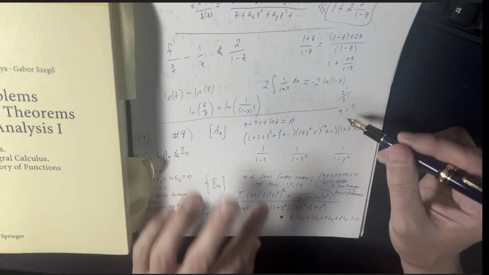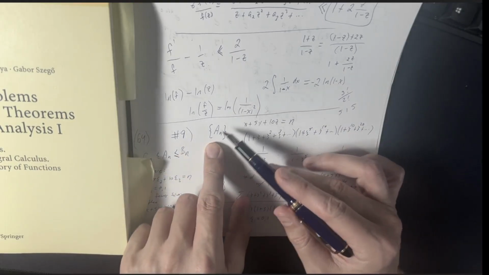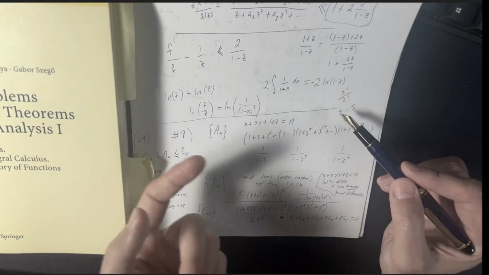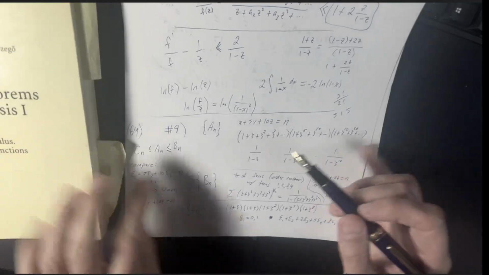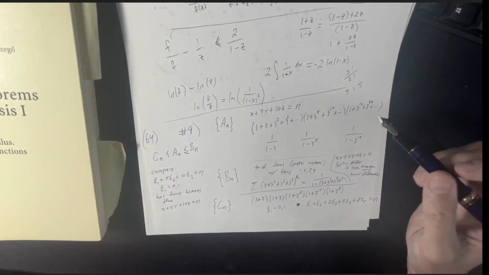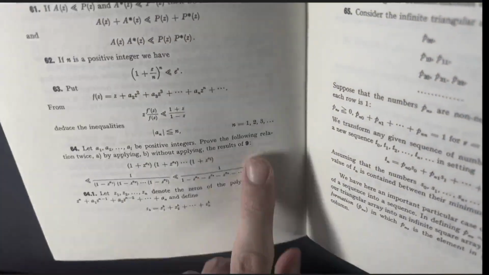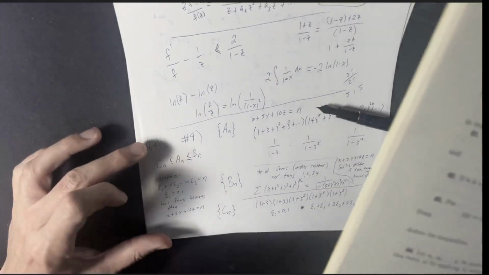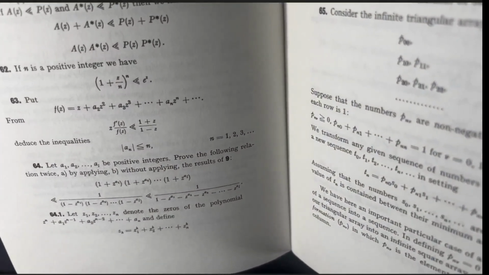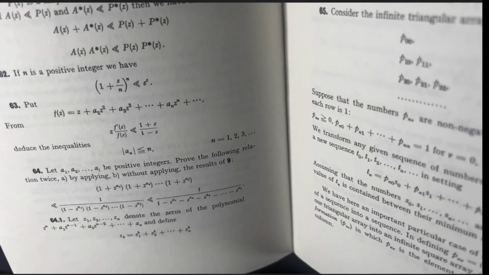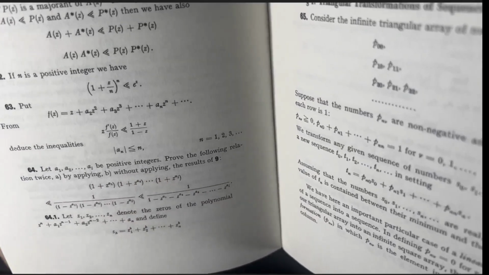But for instance, in that case, there's 3 different arrangements, whereas in the A case, the original case, there was only 1. The arrangements don't matter in that case. So that's why this second inequality is true. And that's the end of 64 in the easy way to show it. So prove this result twice. First of all, if you do apply 9, it's what I just described here. Without applying 9,